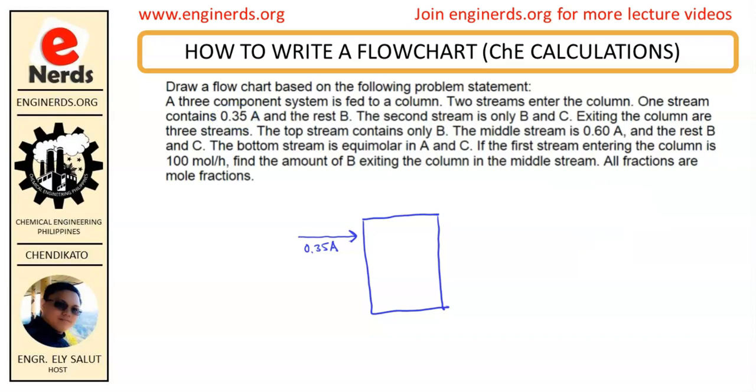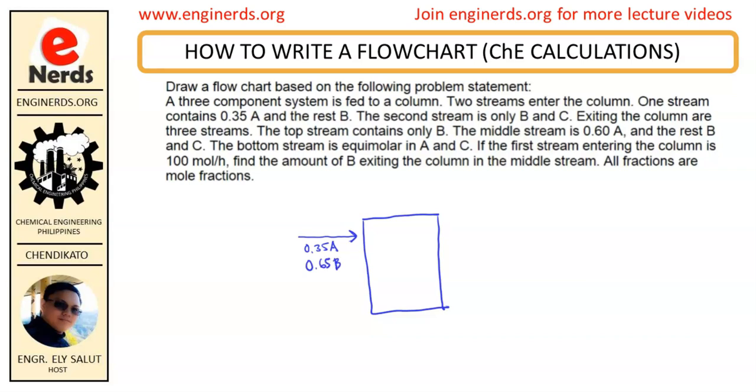So, since dito sa ating given, ang mole fraction ng ating A sa first stream natin is 0.35 and the rest is B. So, if we have A and B on that particular stream and our A is 0.35, that means ang ating B is 1 minus 0.35. So, that means ang mole fraction ng B natin is 0.65. Correct? So, right here, we have 0.65